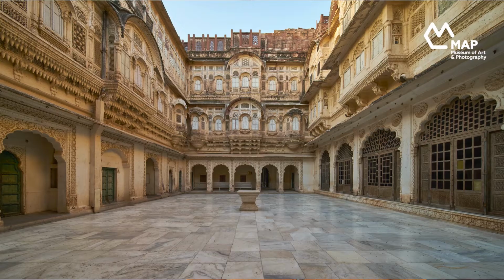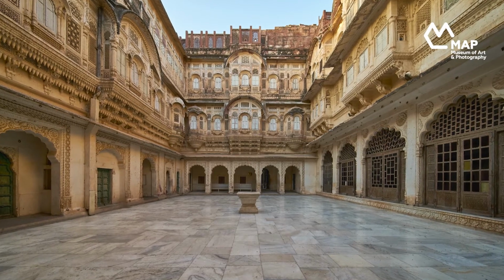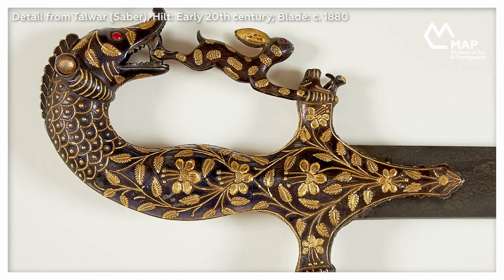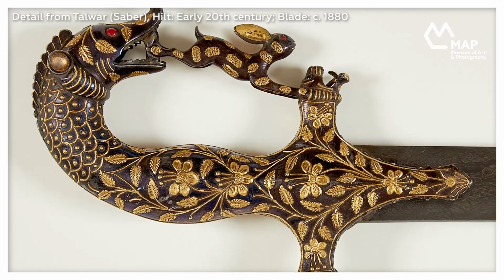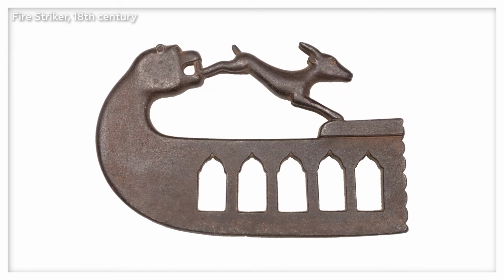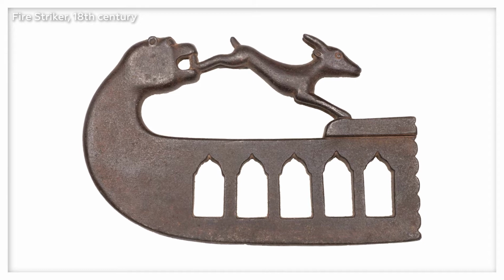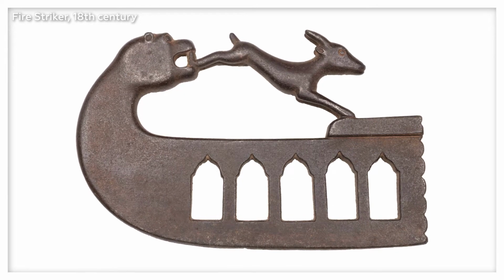In this episode of Museums Without Borders, we partner with the Mehrangarh Museum Trust and look at two objects, an intricately designed hilt from Mehrangarh's collection and a fire striker from MAP's collection, each of which contain very similar zoomorphic or animal imagery. Before the invention of phosphorus matches, fire strikers played an important role as a means of igniting